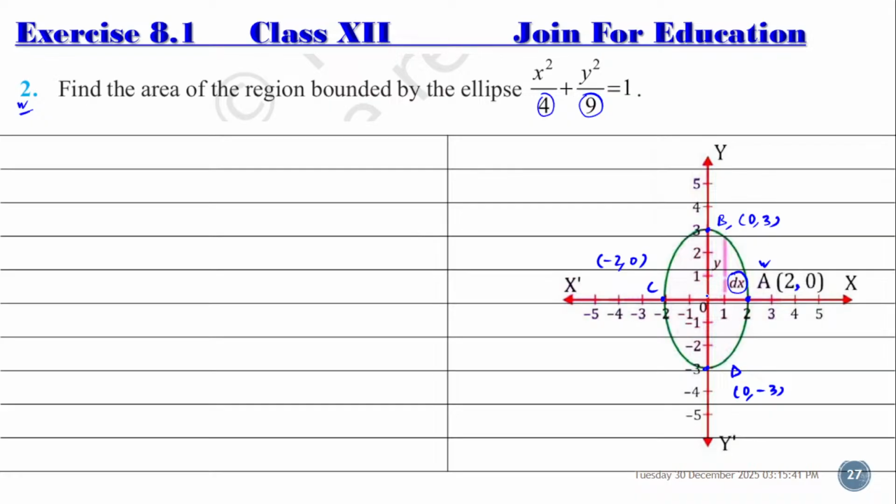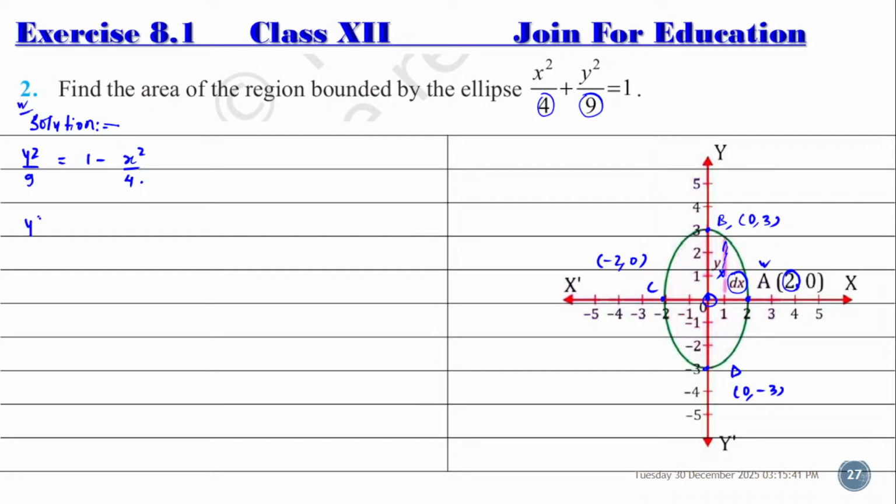Therefore, x changes from 0 to 2. Therefore, the area of this part is y into dx. So first of all, we find out what is the value of y. Let's see the solution here. So here will be y square by 9 equal to 1 minus x square by 4,